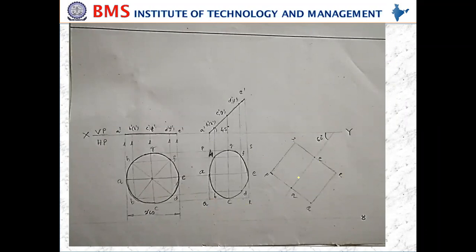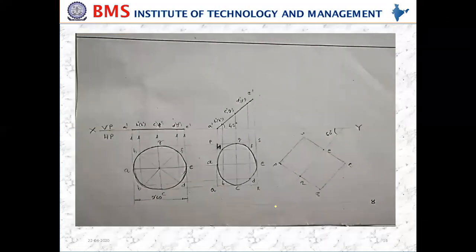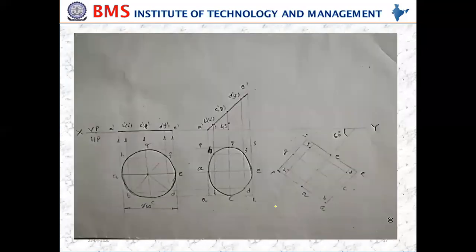So by keeping the AE line on the 60 degrees line only, draw the box to the given dimension. Then you need to move by locating all the points. If you draw these horizontal lines and vertical lines, by taking the location of this and this and this, I can get the complete points A, B, C, D, E, F, G, H. So all the points I have obtained.